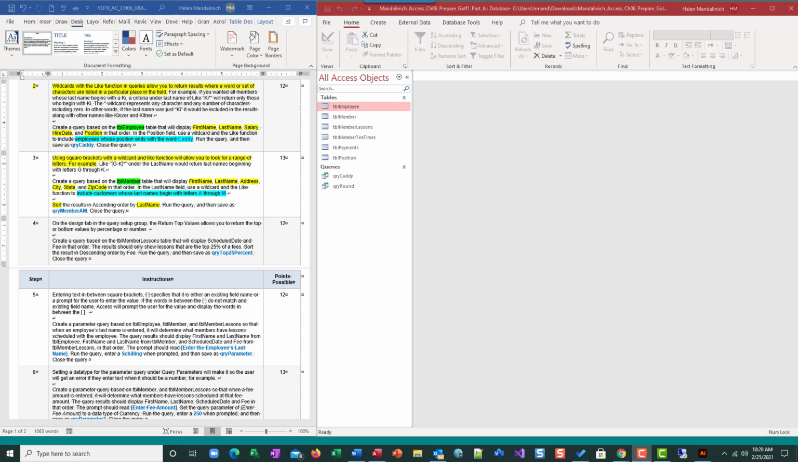So step number 3 of this assignment shows us how we can use square brackets when we're creating a query and using the like with a wildcard to do a range. So the example that we're going to create is we want to look at the list of members whose last name begins with the letters A through